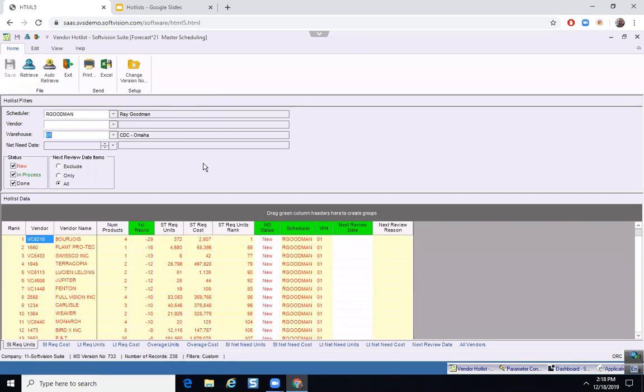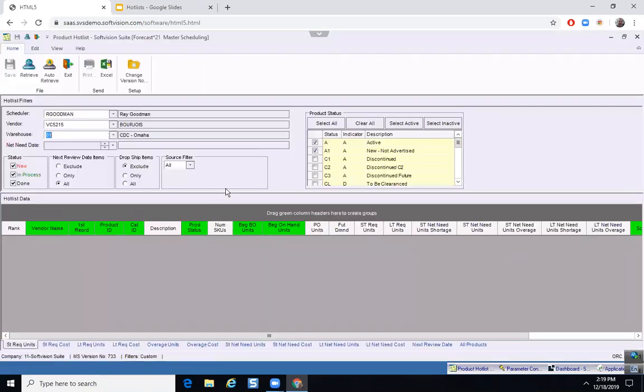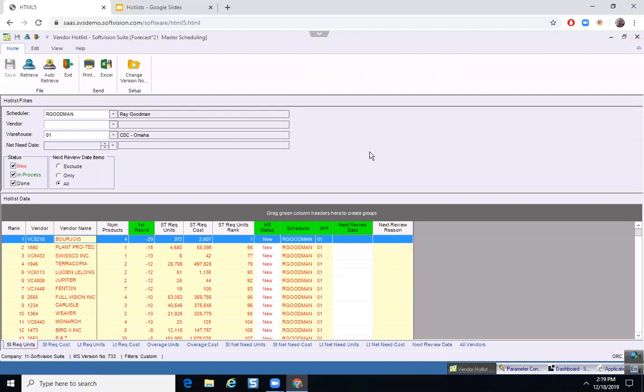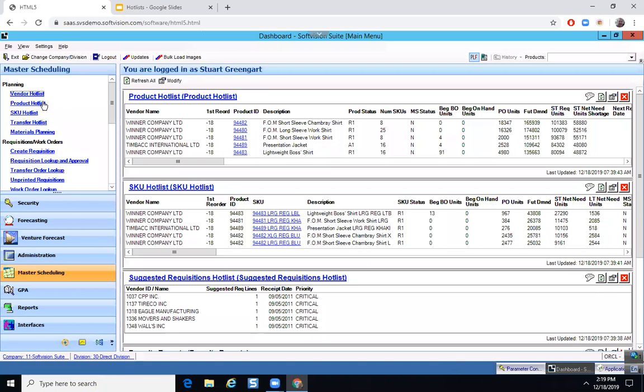Now, the vendor hot list is good for seeing roll-ups at a vendor level. It's good if you want to see a lot of information. The only thing is it does not show you the products here. It will show you the roll-up, and if you double click on a vendor, it'll take you automatically to the product hot list and fill in that vendor. I don't know if many people use the vendor hot list. Usually they go directly to the product hot list. The other thing is, because the products aren't here, there are no status filters. So I'm going to go straight into the product hot list